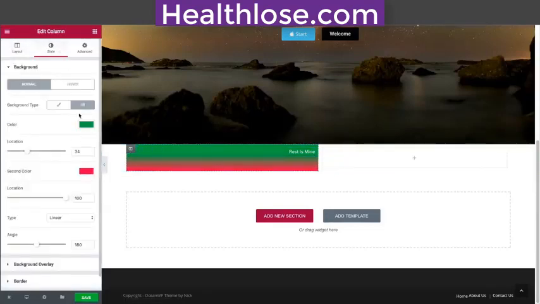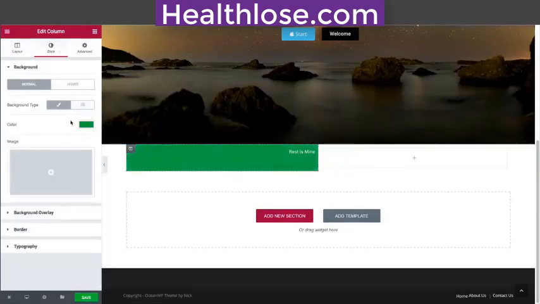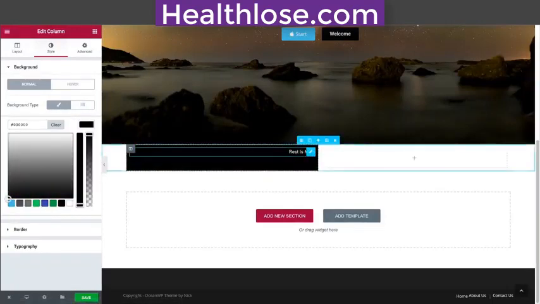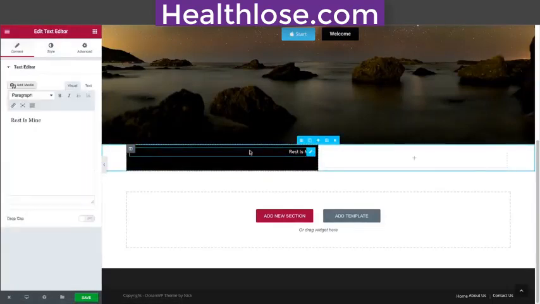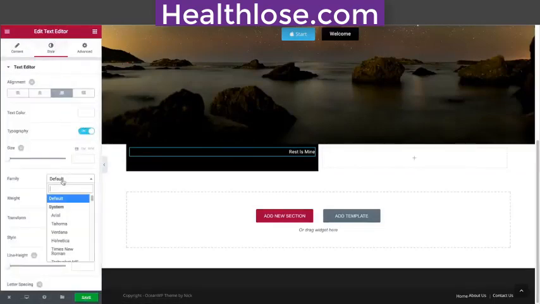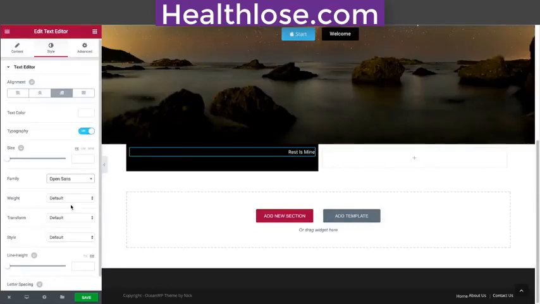So I'm actually just going to go ahead and leave it as classic right here. I'm just going to do a solid black right now. Okay. So I'm going to click on this right here, which is the text module. I'm going to go to style, change the typography to something like, I think I was doing Open Sans. So the Open Sans. And then right here, I want it just a little tad bigger. Maybe we can have it at,